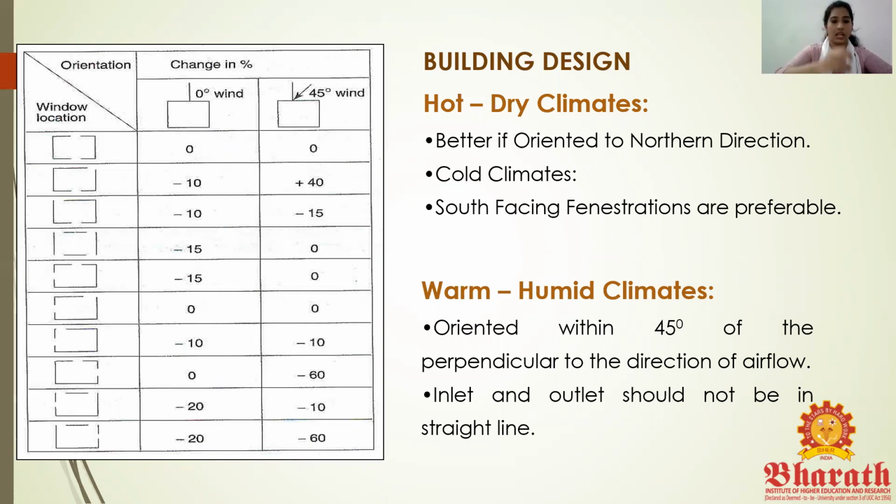So when you have your building oriented at exactly a 45-degree angle to the airflow, it has the maximum value of air movement. So you could see overall, for a given location, if the airflow is at a straight angle, the values are very low, whereas if the building is inclined at a 45-degree angle, the values automatically increase, to achieve the maximum amount of airflow within the building.